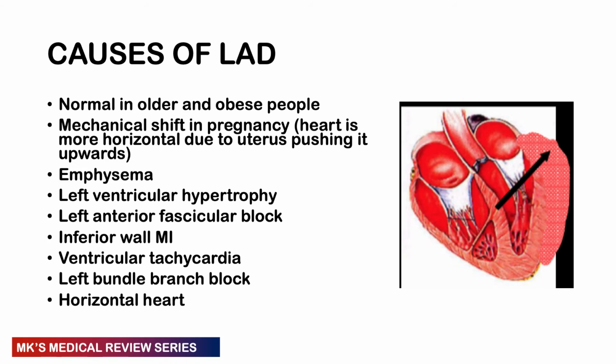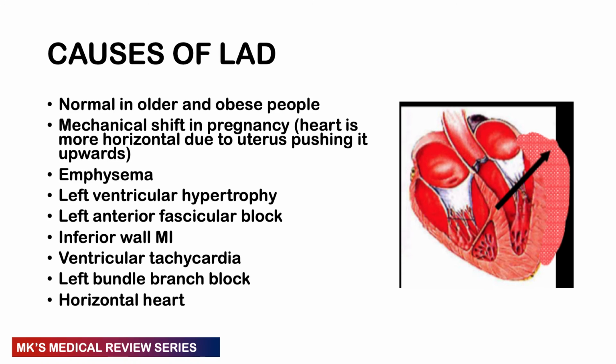Then what are some of the causes of left axis deviation? It's normal in older people and obese people. They may have physiologic left axis deviation. We can see it in mechanical shifts. In pregnancy, this is also another physiologic type. So remember, the heart, instead of being more slanted or oblique, is now going to become more or less horizontal because it's being pushed up by the enlarging uterus, which is pushing on the diaphragm. So this makes the heart lie in a horizontal plane, and this can shift the axis of the heart towards